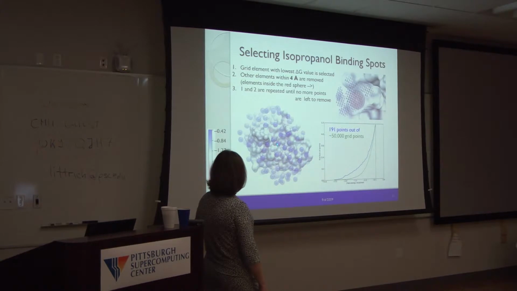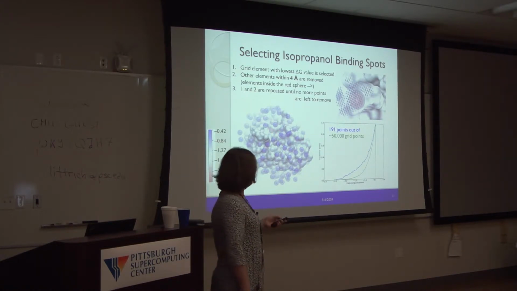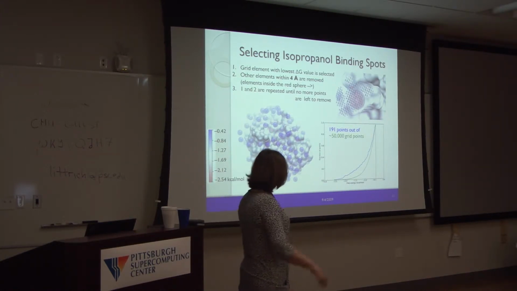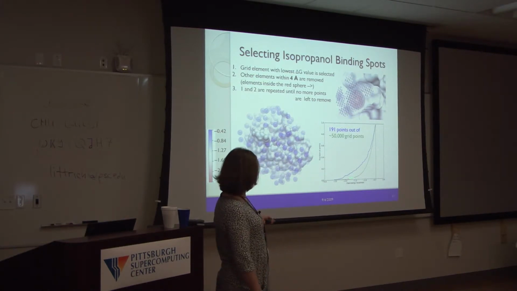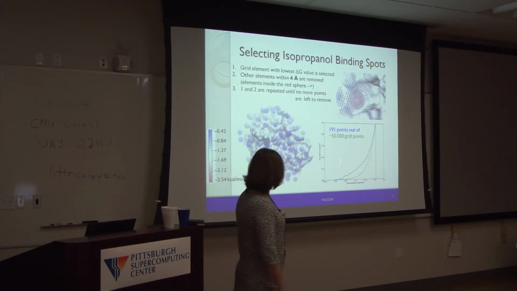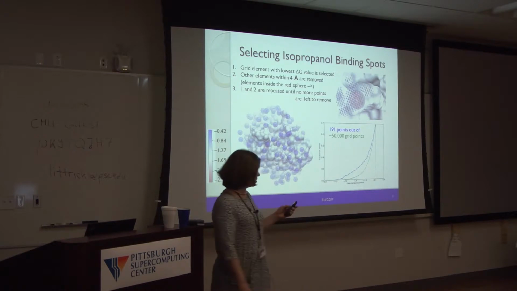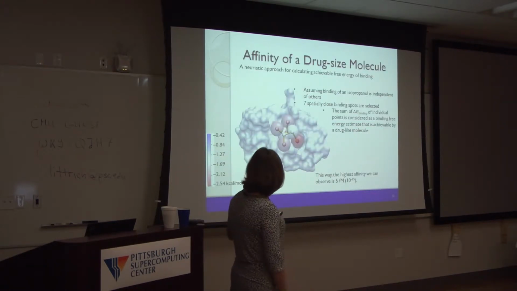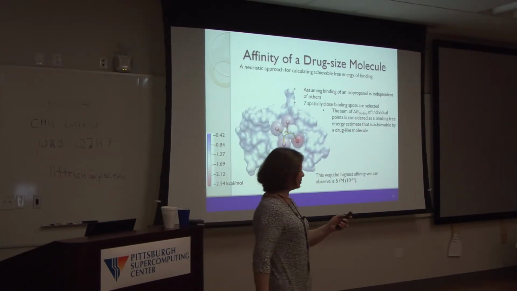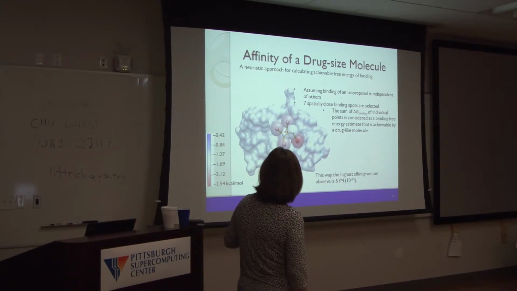So we have the mapping from these original 50,000 grid points to those 191, in this case, hotspots, and it should obey the same distribution of energy. So it's more or less a reasonable choice in this case. That's what is shown. You don't need to worry about that part. But now what happens is you have this,